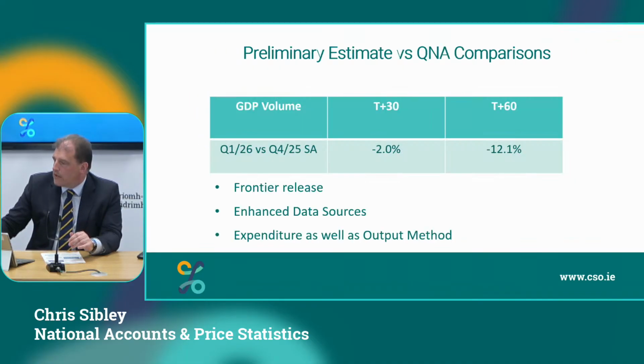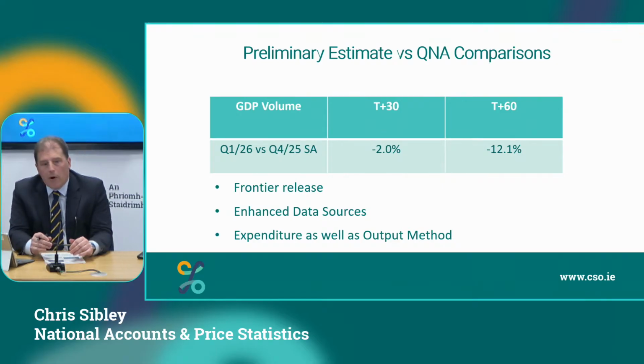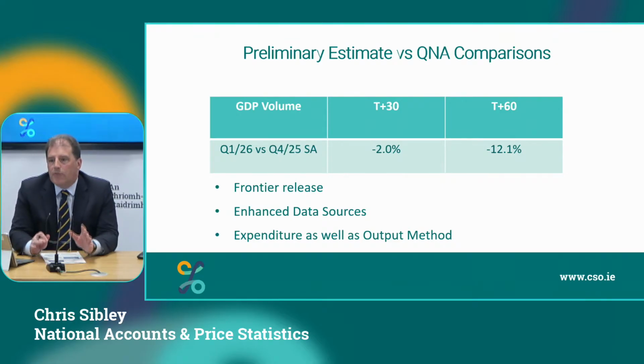30 days ago, we produced an experimental or frontier release on GDP, and that only had a small fall of 2% in the data. That came from our monthly surveys, and we only have one method underlying that, the output method. Since then, we've continued engagement of our large cases unit with big firms. We have all their quarterly data in with a lot of detail, and we get a chance to interact with the big firms, not to check the data but to ask them what's going on. That gives us the new information around the globalization aspect of the data, and that's given us that fall of 12% in GDP.